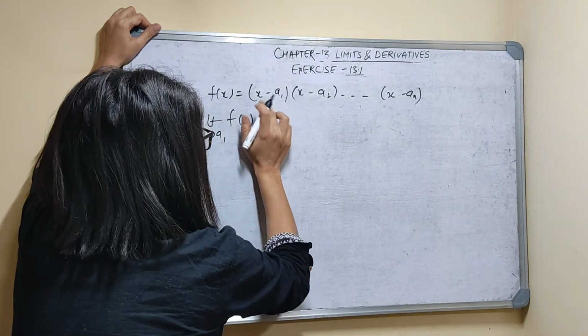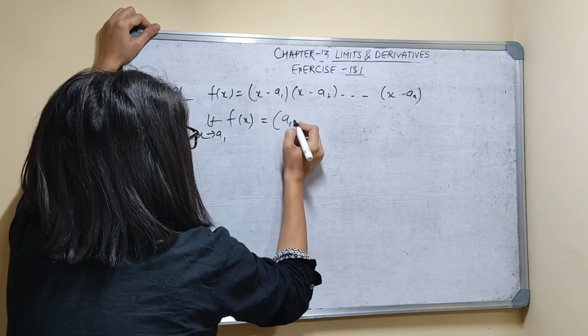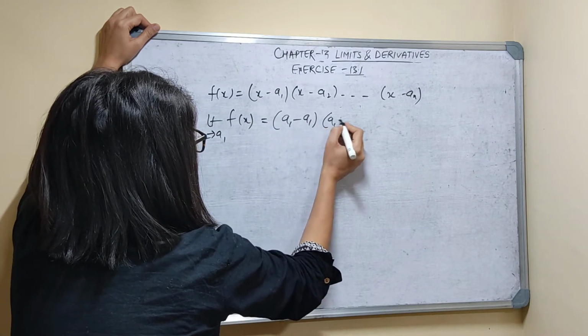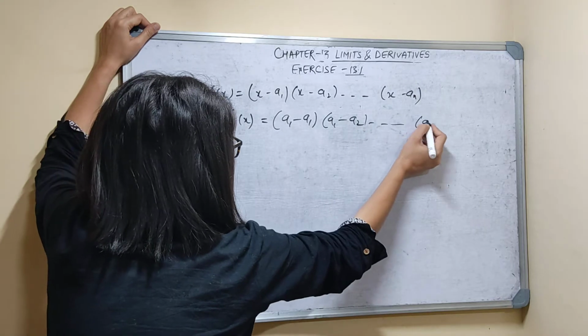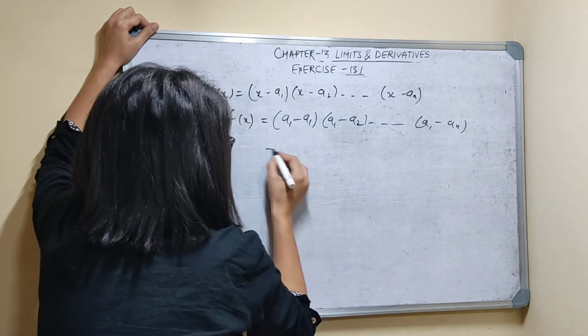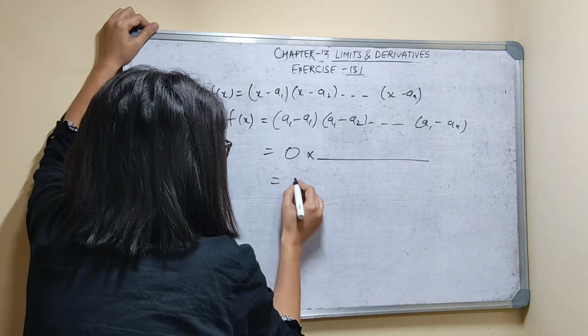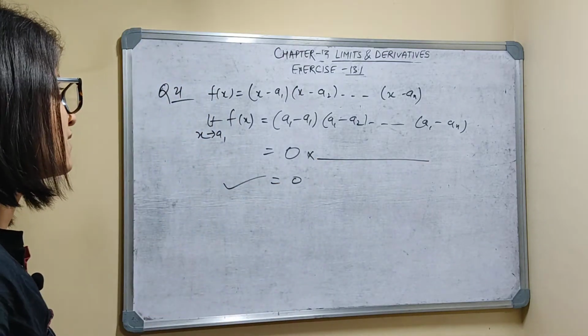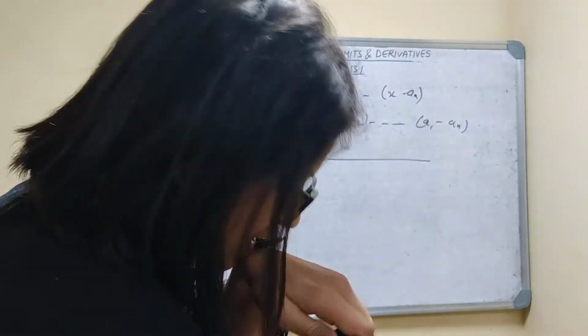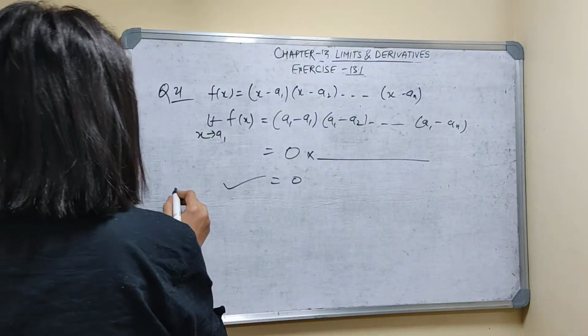So I will substitute x equal to a1. So (a1 minus a1)(a1 minus a2) up to (a1 minus an). a1 minus a1 is 0, multiplied with all. So the answer is 0. So the limit as x tends to a1 of f(x) is 0. Now for the sum, they are asking